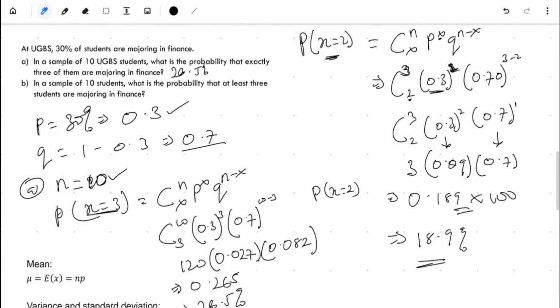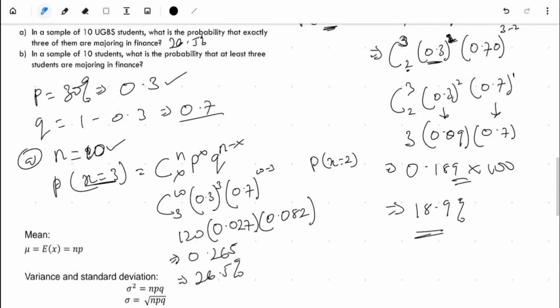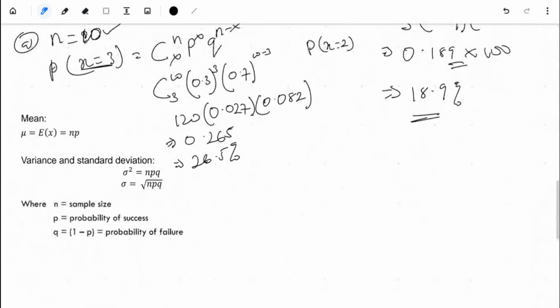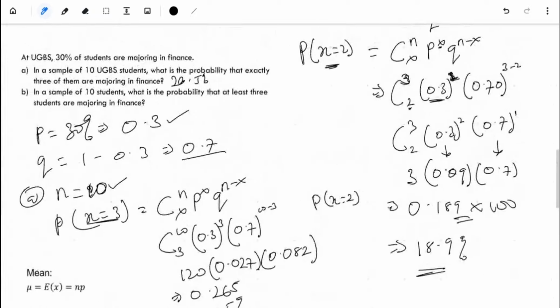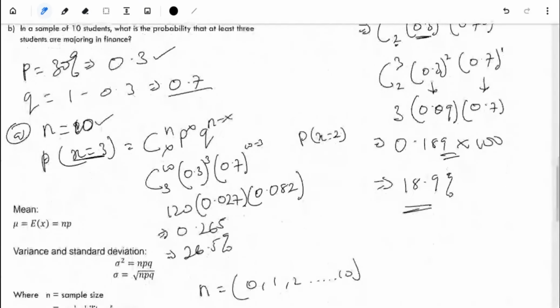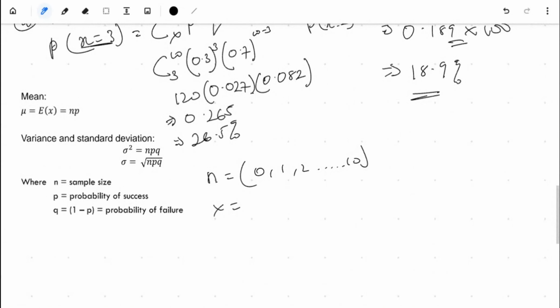That's the probability, right? And then B says, in a sample of 10 students, what's the probability that at least 3 students are majoring in finance? So here they are saying that they sample 10 students, so our n here is 10. That's from 0, 1, up to 10 students that we sample. They are asking, what's the probability that at least 3 students are majoring in finance? At least means the least should be 3, right? So we have to find the probability that 3, 4 up to 10 are majoring in